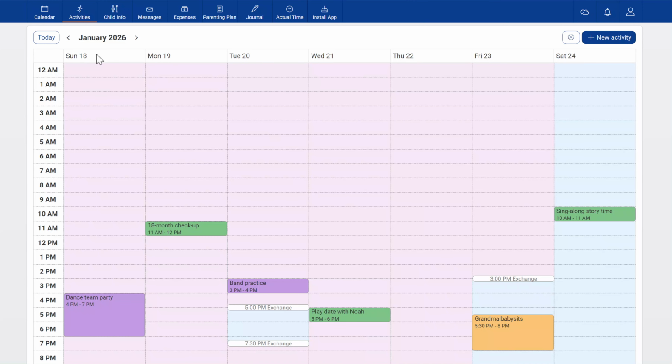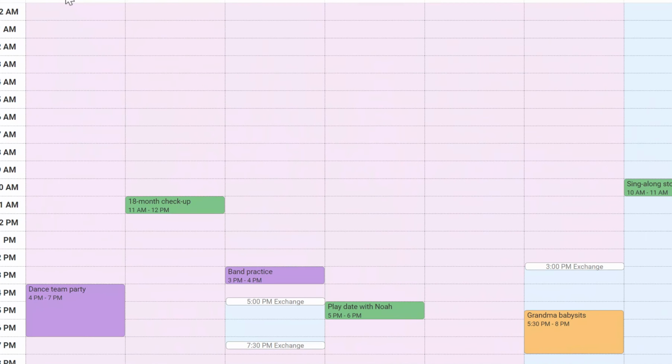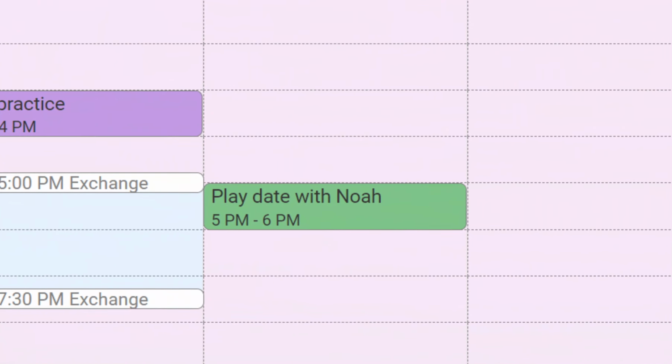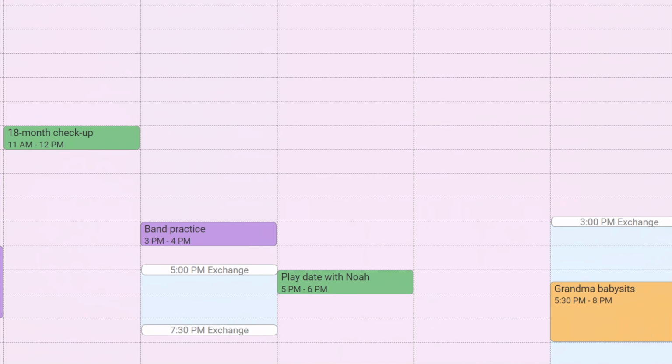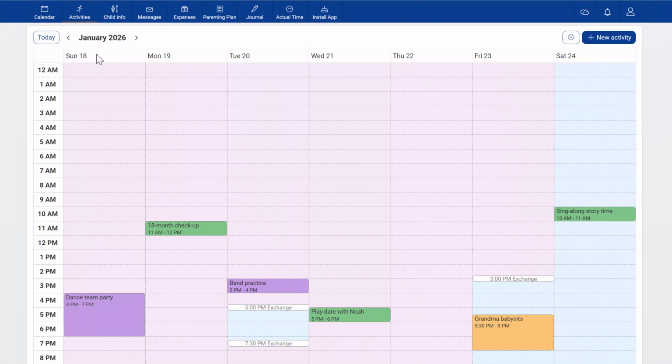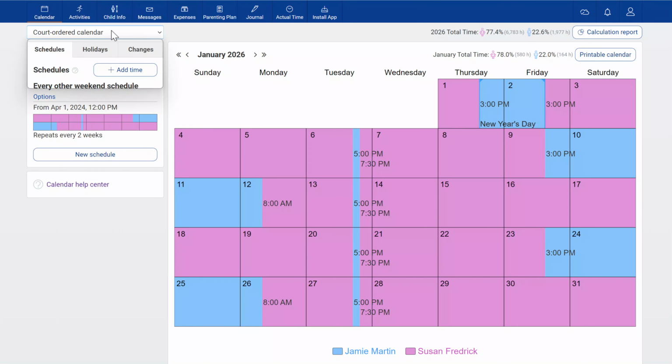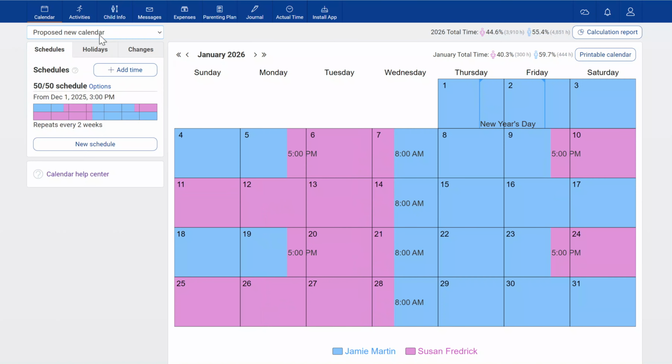The Custody Exchange Activity Center is where you enter events that don't change who has custody, like practices and playdates. It shows your custody calendar in the background so you know instantly whose parenting time an activity falls during. If you have multiple calendars, whichever one is open in the Calendars tab is the one that appears behind your